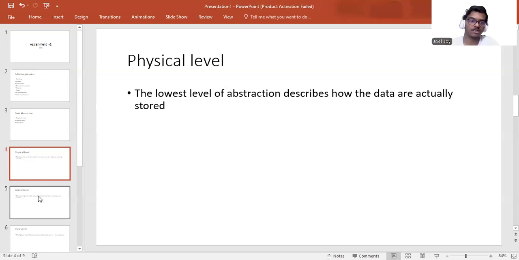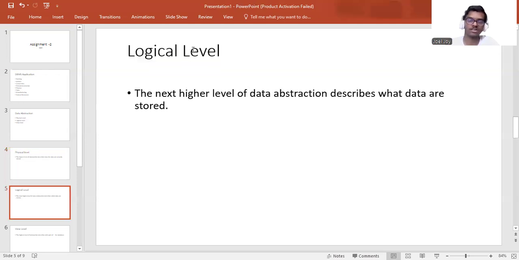The next is the logical level, which is the next higher level of the data abstraction. It describes what type of data are stored in the database and what relationship exists among those data. Data administrators are actually who must decide what information to keep in the database and use the logical level of